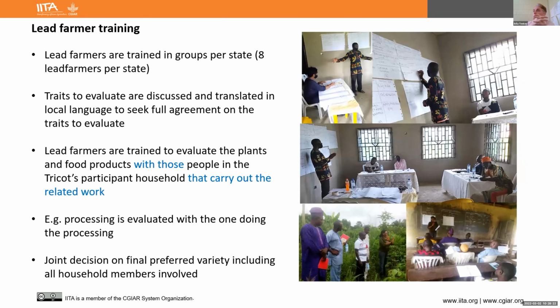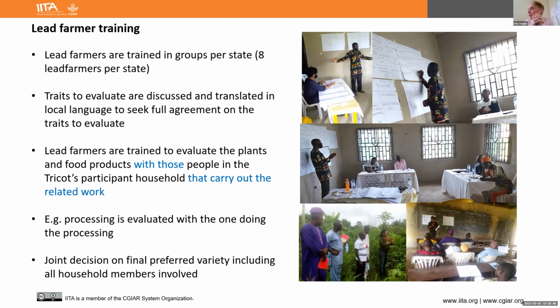Then lead farmer training. Lead farmers are training groups per state, and we also put a lot of effort into communicating the traits that they will have to evaluate at each stage, and try to translate that into local language and really have a discussion on what each trait actually means. And of course, the source of the traits is also important. The source of the traits is coming from surveys with farmers.